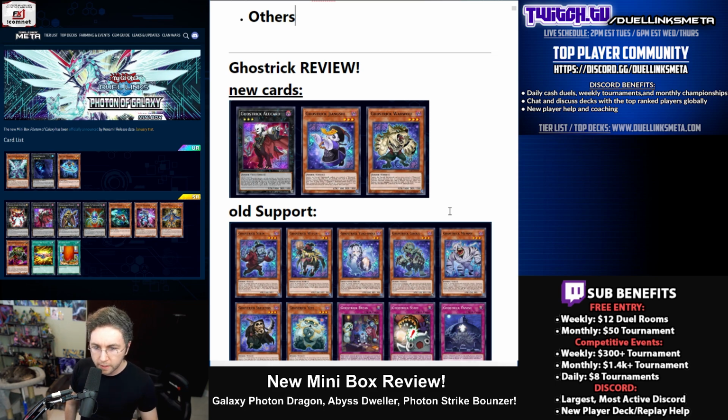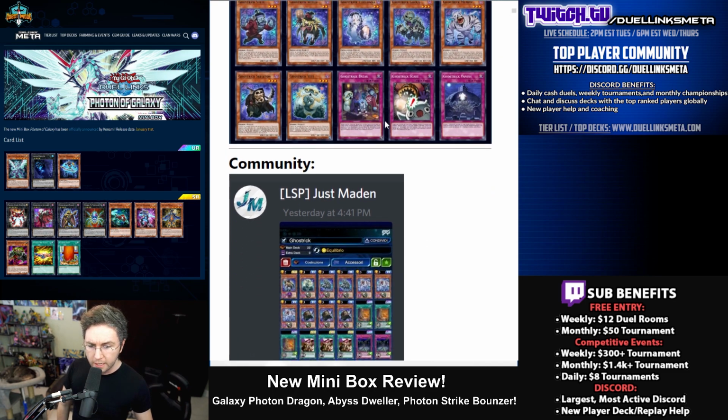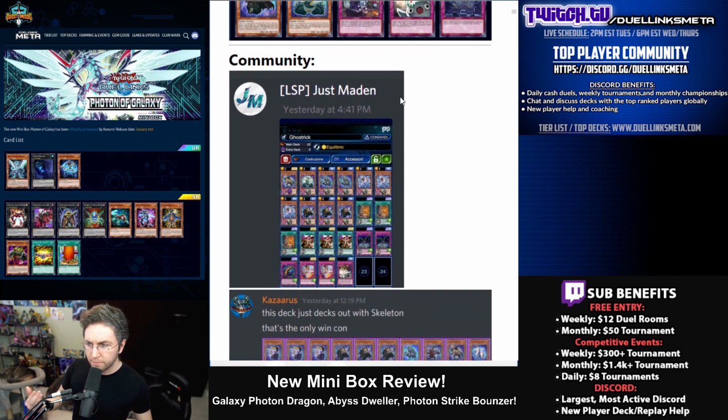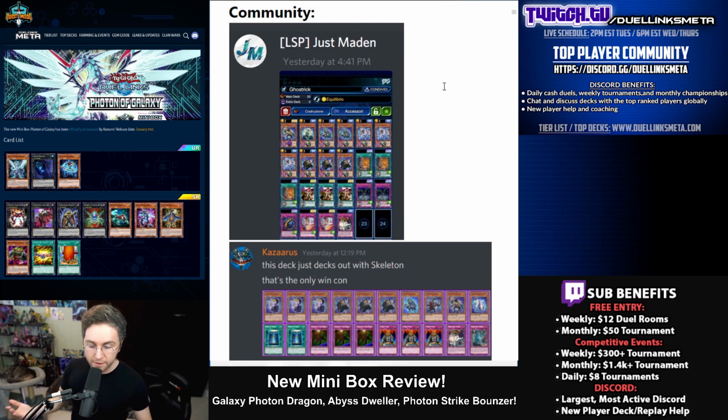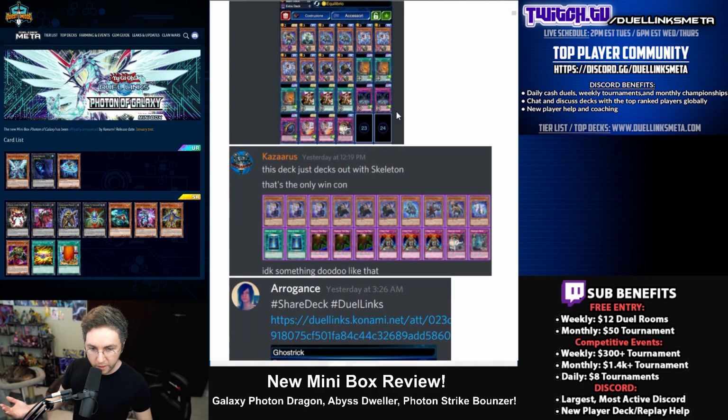Ghostrick review. New cards are these Ghostricks you see on the screen, the Alucard, the Jiangxi, and a Warwolf. Here's old support. There's a lot of old support. Now, from the community, here are some deck list ideas on how you may want to play the deck. Kazar says that the only win condition is going to be to deck out your opponent. So if you want to be a degenerate and mill your opponent for fun, then this might be the deck